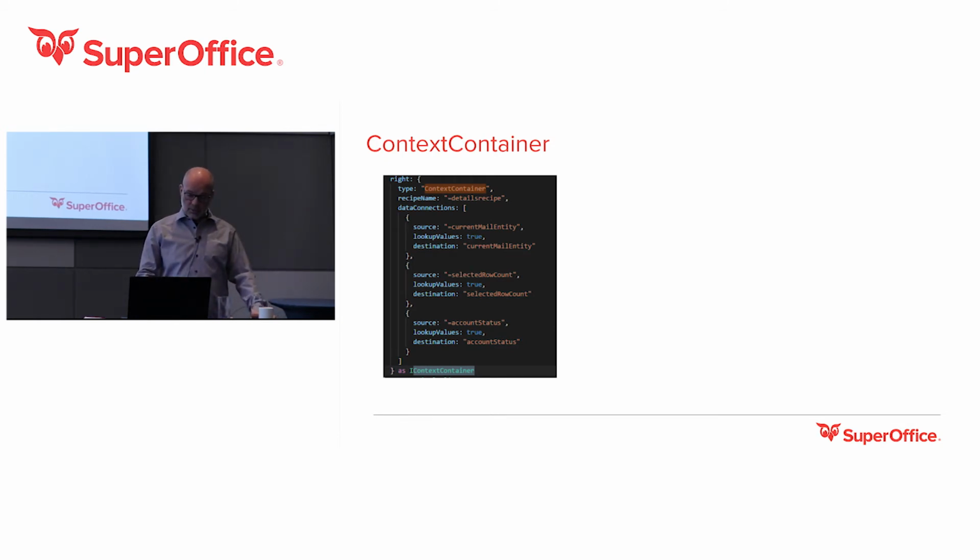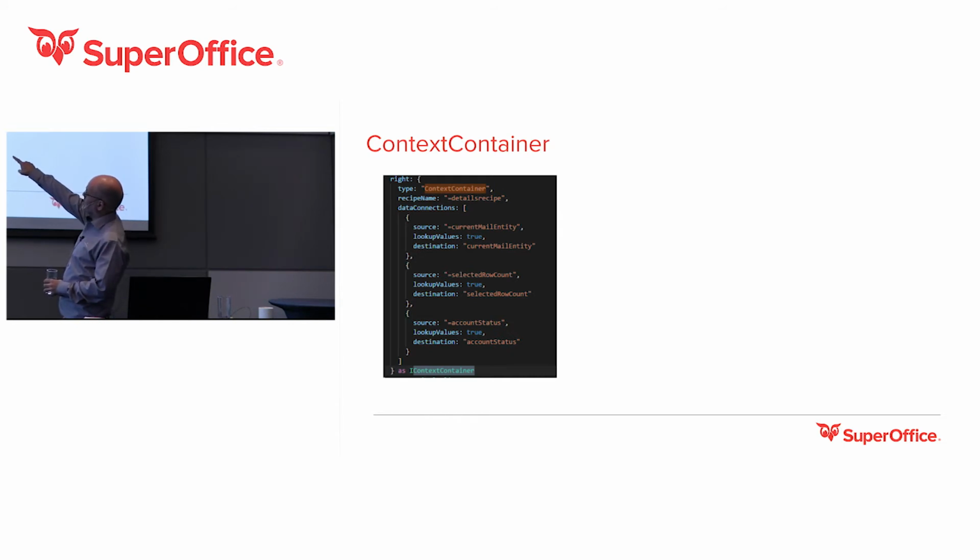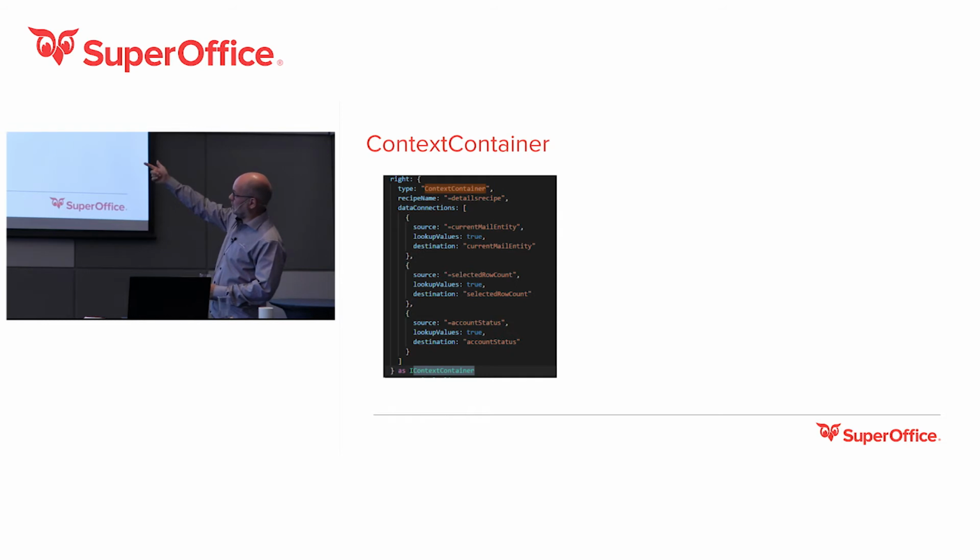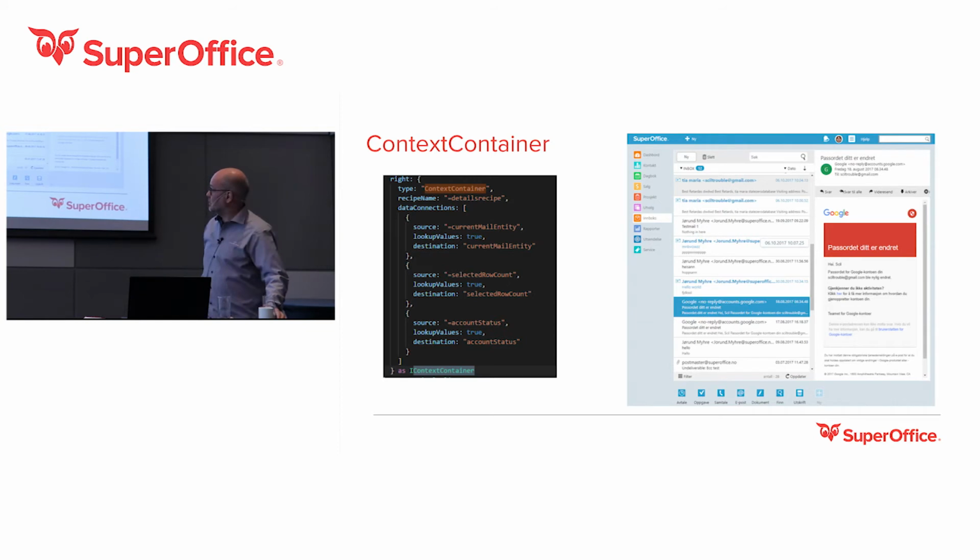Inbox. So we have an example here of the context container. I have a recipe name with the equals detail recipe. The equals means that it's data bound. So that's the same as listen to. So instead of that being the name, it's pointing to the details recipe in the state. And then we have data connections that can transfer data from the current context to the context that lives in the context container. So we can pass state. And that is what we do on